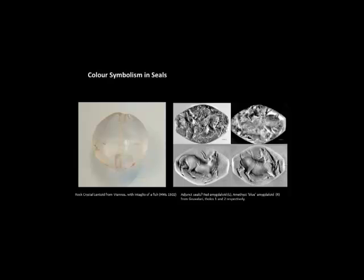More recently, Julie Fruby has provided one of the more intriguing diachronic statistical studies, which has allowed her to pose interesting questions relating to how seals were used as symbols for communication and display. She argues that the decreasing size of seals meant that symbolism was conveyed through material-related colour, shape and adornment style. Her statistical analysis of around 1,500 Cretan seals led her to argue that seal size was at its largest in Early Minoan 3 and Middle Minoan 1, and then decreased significantly into MM2 before a slight increase again in MM3